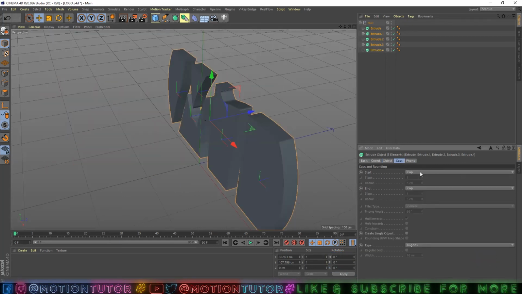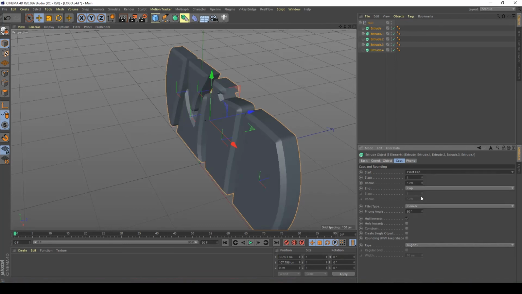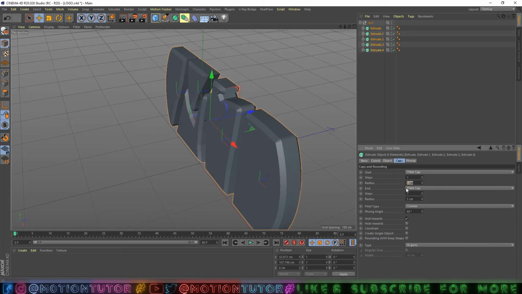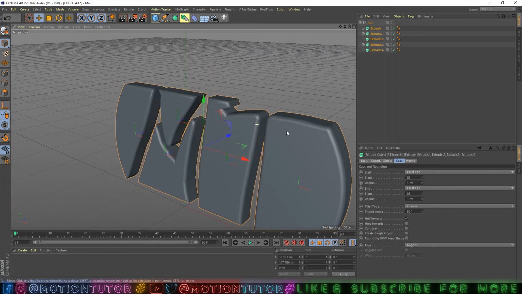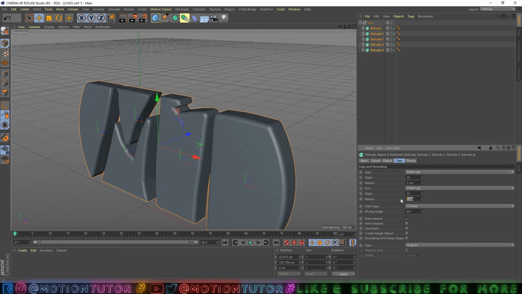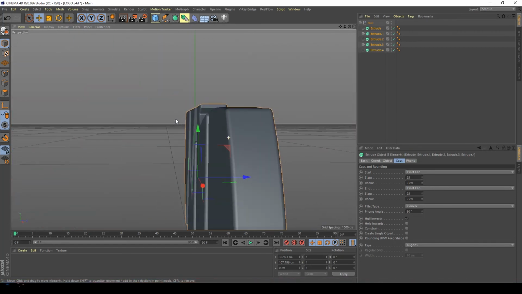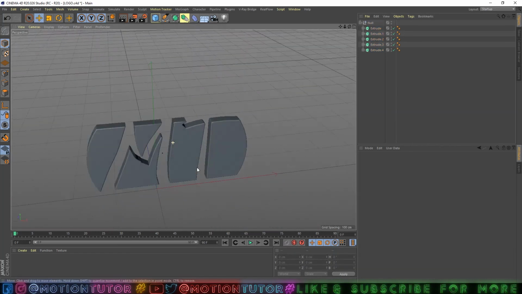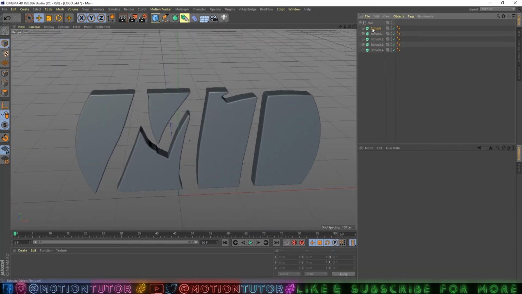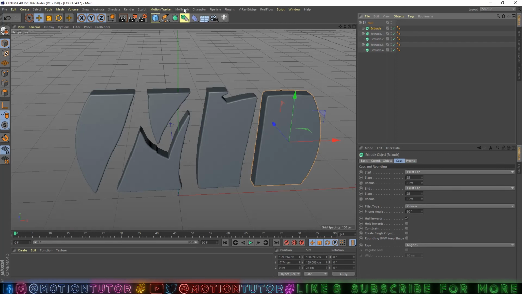Now it depends on you, you can add some fillet caps if you want, and then you can change the radius, or increase the steps to 25. You can see now we have a round-shaped logo, and I will change the roundness to 2, and now you have everything to do here. Now your logo is 3D, and it's up to you what you do next with it.